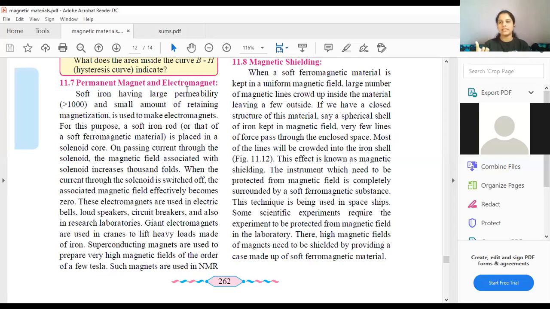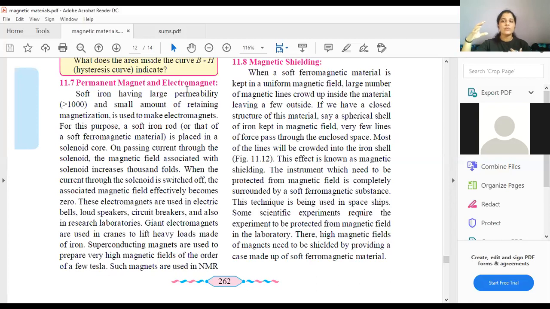If there is a material and you want to induce magnetization into it, if you want that material to become a magnetic material, you will keep it inside a solenoid. A solenoid is a current carrying device. Now we have different types of materials like diamagnetic, paramagnetic, ferromagnetic. If you remember paramagnetic material, students, if you keep it inside the solenoid, all the dipole moments are set in one direction, and it will show magnetic properties.